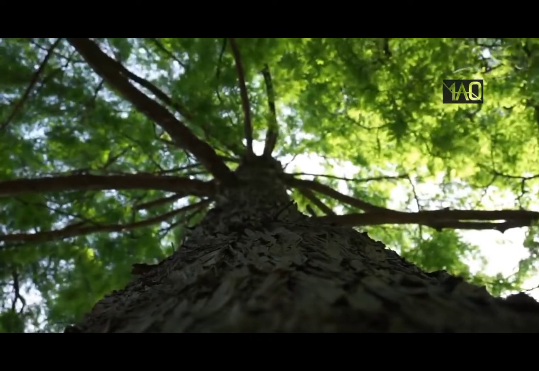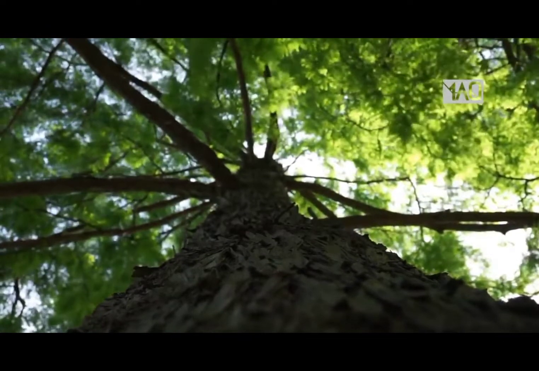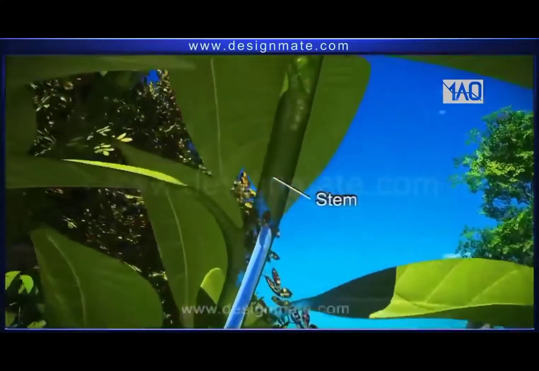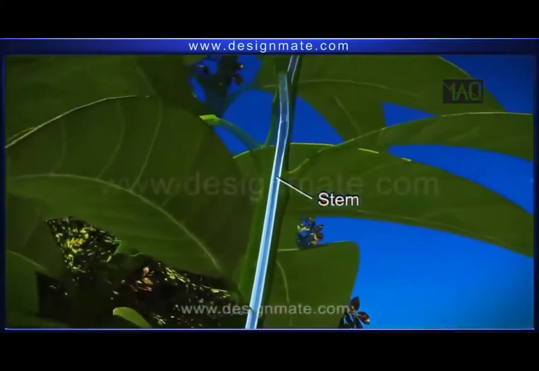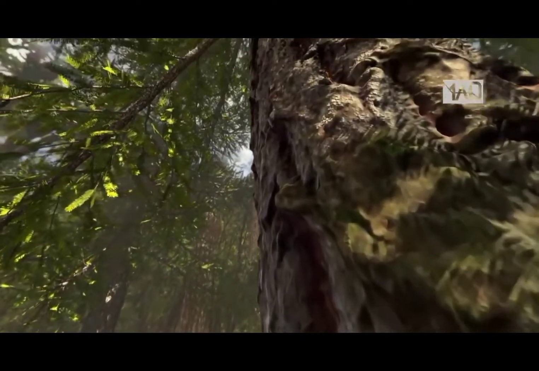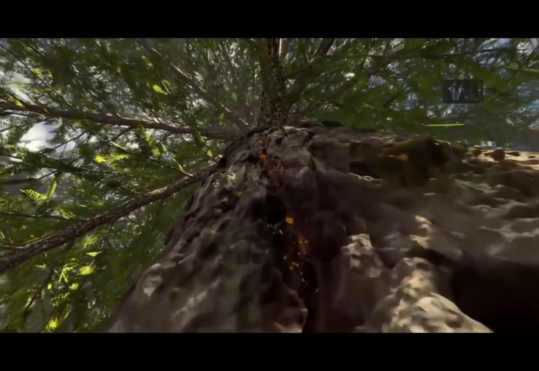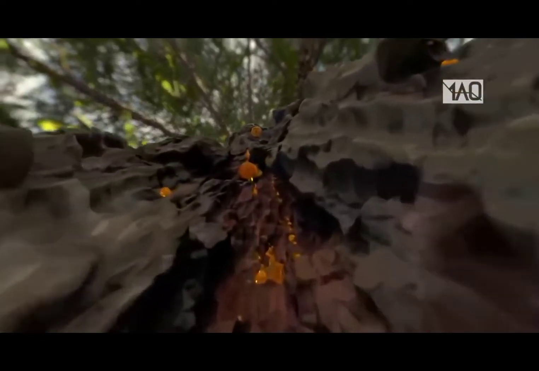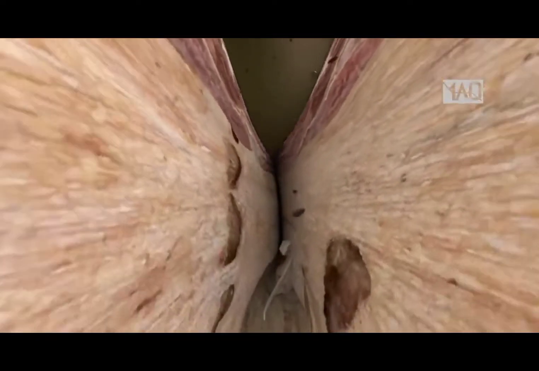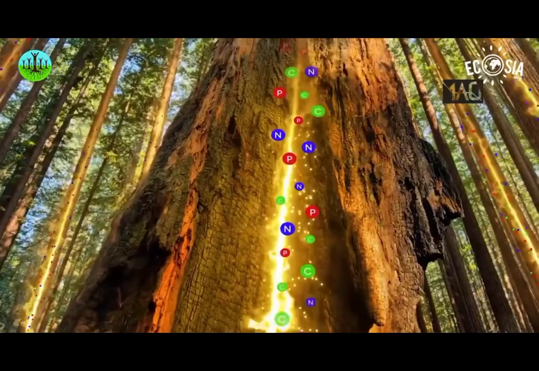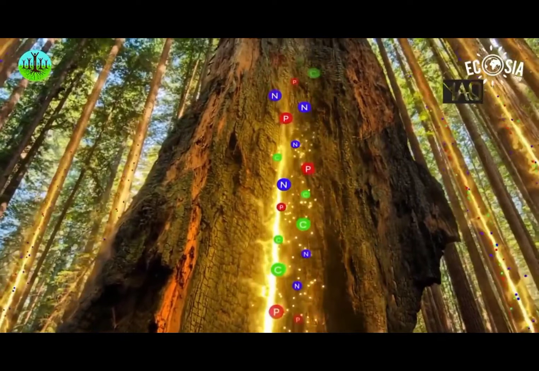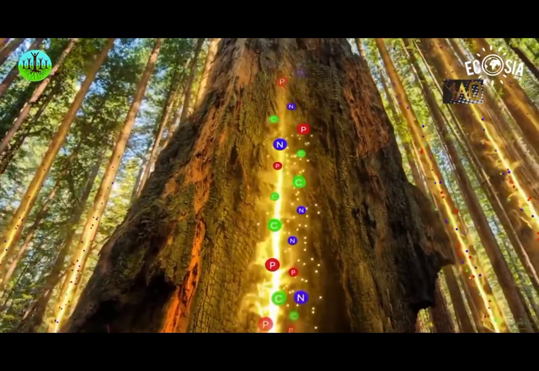The topic of discussion of the second part of the tree is the trunk. The stem is an important part of the plant to which other parts of the plant are attached. Stems have an important role in distributing water and nutrients from roots to leaves, distributing photosynthetic products from leaves to all parts of the plant, and storing food reserves. Each tree has a woody trunk in which there is a cambium.